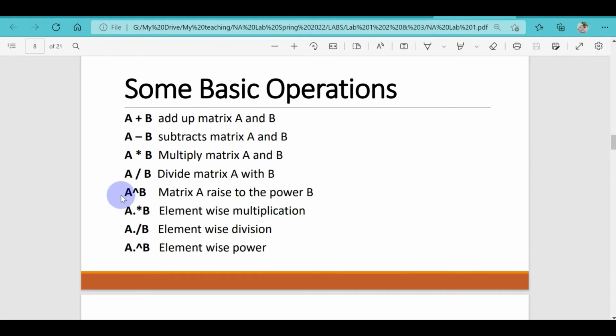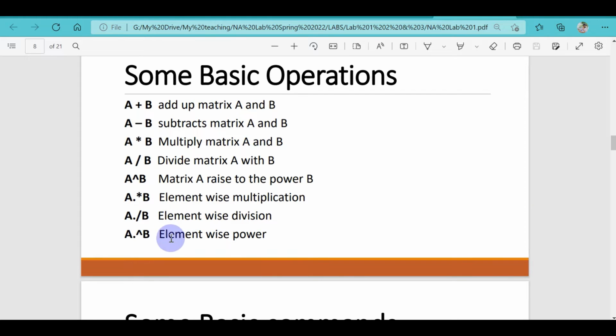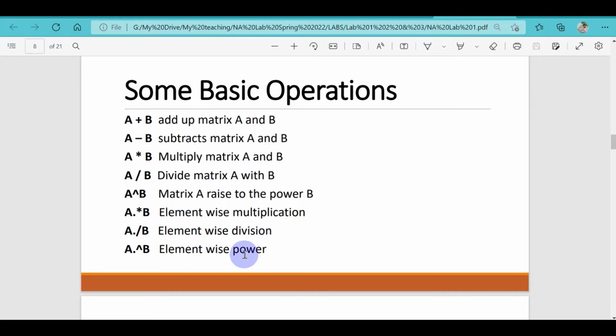And then a raised to the power b, it will give an error. When you type this, it will give an error because you cannot raise a matrix to the power of a matrix. A dot asterisk b means element-wise multiplication, a dot slash b element-wise division, a dot raised power element-wise power. Okay, let's type these commands in